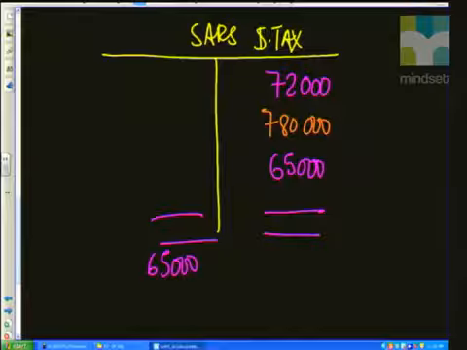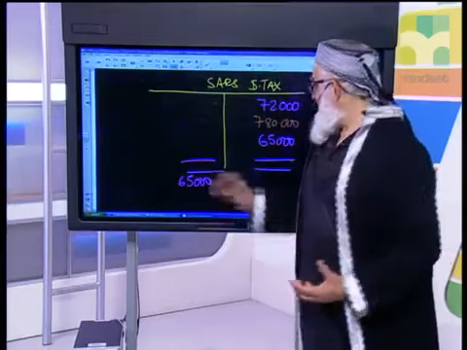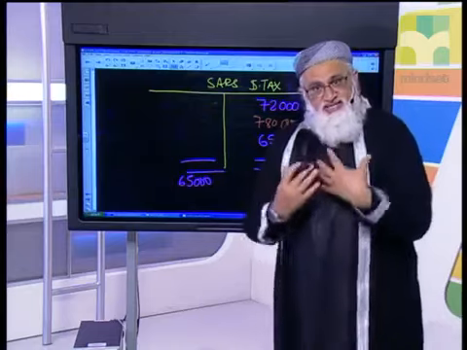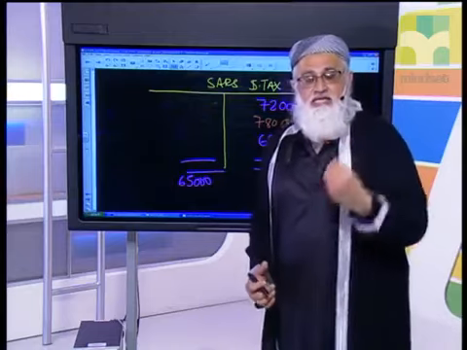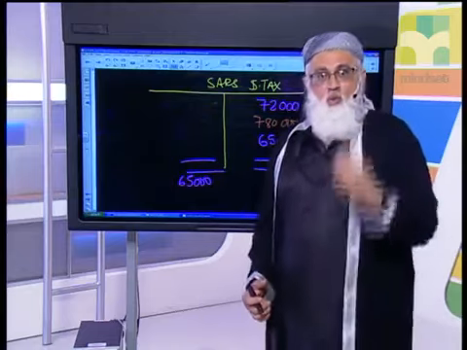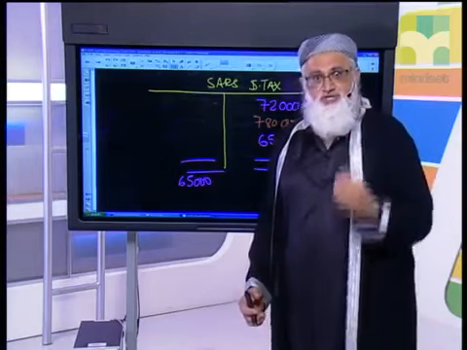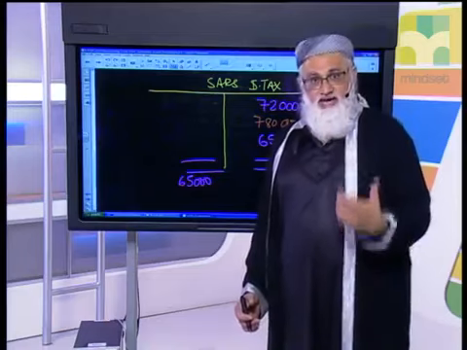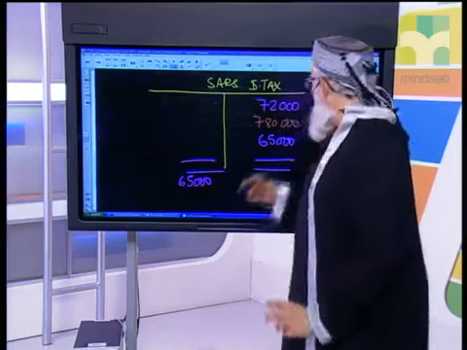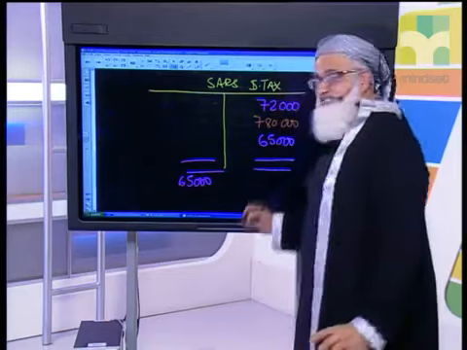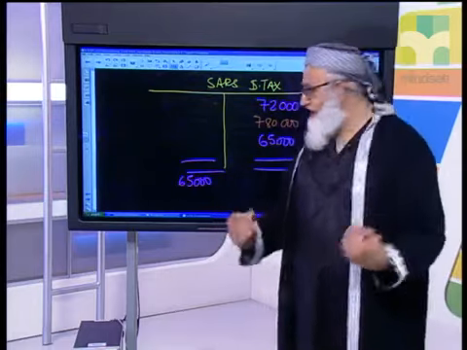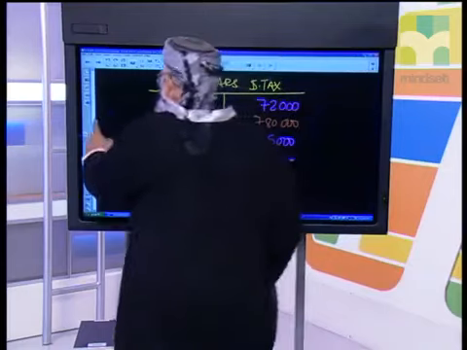So therefore, you can clearly see that there's my SARS income tax account. What am I looking for? What is it that I need? I need my bank figure. What was the amount of taxation that has been paid? And guys, very simple. Watch. All my figures are appearing on one side. It means that I have to add all this information. So how do I show this here?